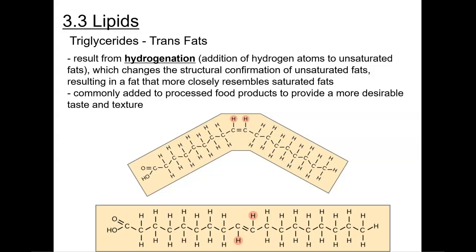Triglyceride trans fats are going to result from hydrogenation. That's the addition of hydrogen atoms to unsaturated fats. That's going to change the structural conformation of unsaturated fats, and it results in a fat that more closely resembles saturated fats. This is going to be added when foods are processed, and that helps to